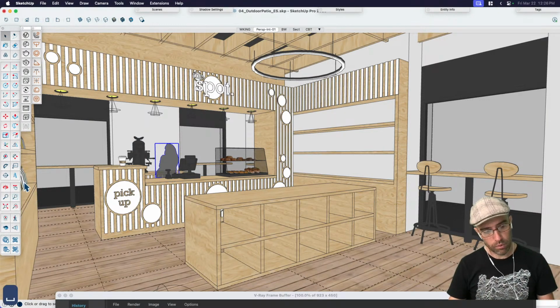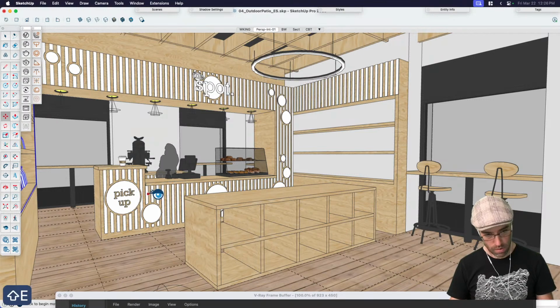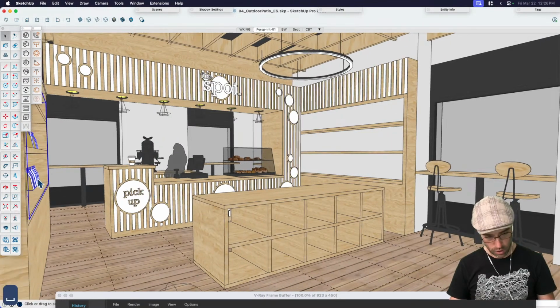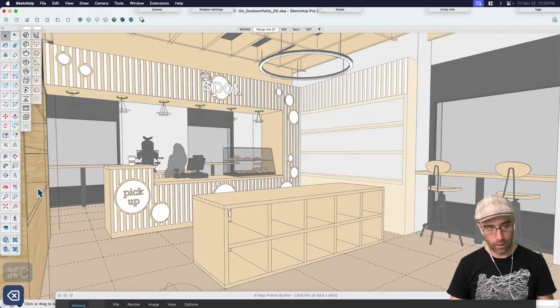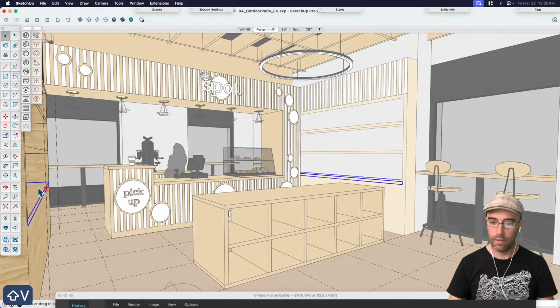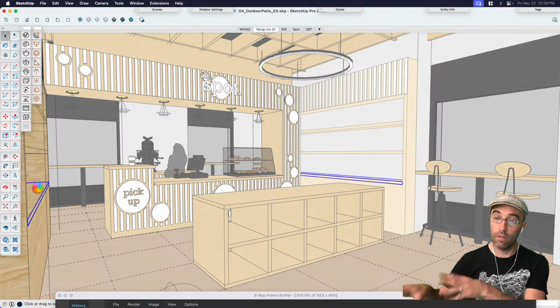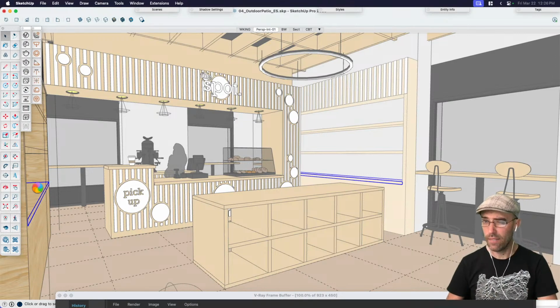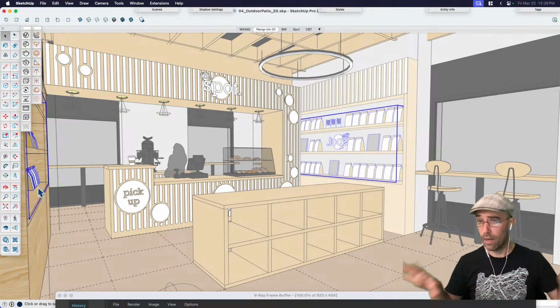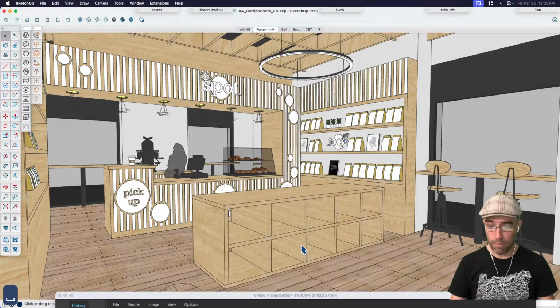So here's a little fun pro tip. If you have something like this where I've spent some time doing some entourage here, you can see them there. You can just copy them, delete them, go into this component, paste it in place. Because I mirrored this component, what I'm going to get is all the entourage from the other view. It's going to show up on the other side. So technically, if I was going to show both in a 1-point perspective, I wouldn't have them mirrored. But because